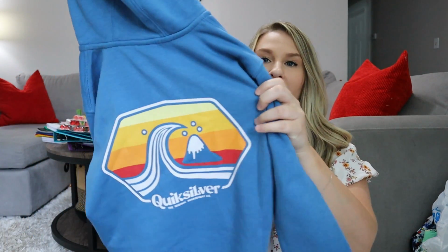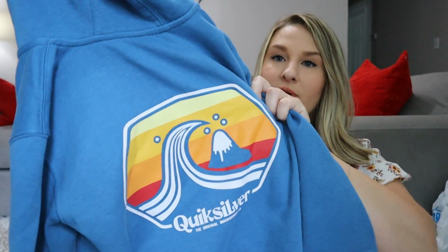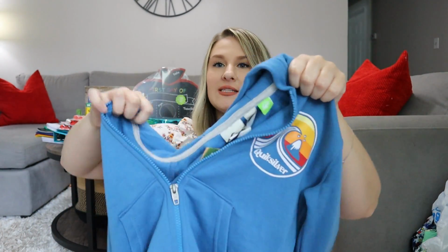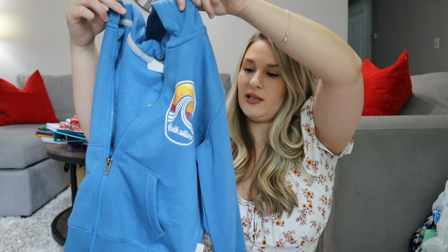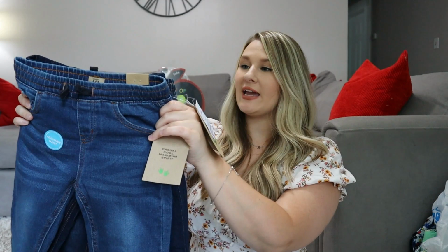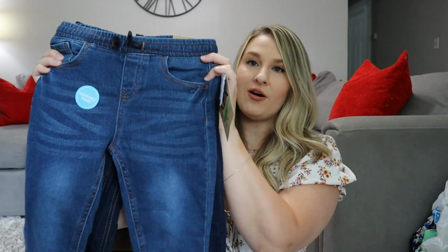It was originally $30 and we got it for $15, but the back of it has a Quicksilver label on it, and then this is the front. It's just a zip up hoodie, and it's really good quality too. For jeans from Ross, these were $10 a piece. They're all the same. I got a light wash and 2 dark wash, but they are